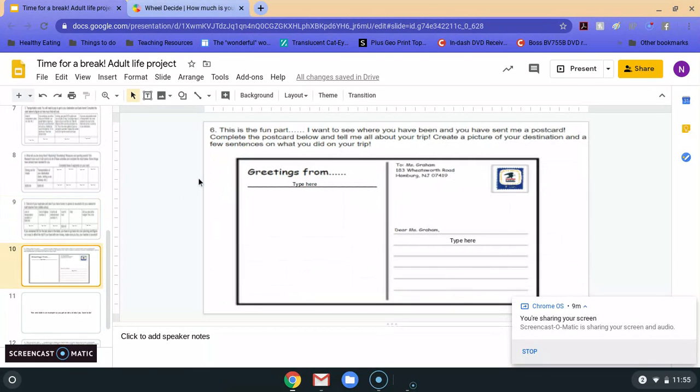So this is really kind of cool. You have to write me a postcard of where you went on your trip. So greetings from, if you went to San Diego, I have an example of that since I traveled there a few years ago. Let's say you went to the city, or you went to Vermont, New Hampshire, wherever the case may be. And then you have to write me a little blurb about what you did there. Were you visiting friends? What did you do there? You can even talk about a past trip.